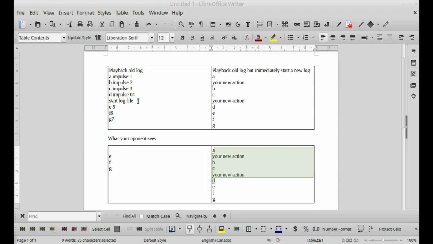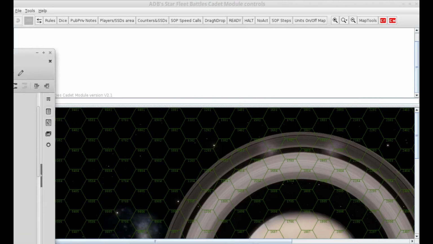Now, normally in most play-by-electronic mail setups, both parties give a set of orders that says move this direction until range of whatever is reached, or go in this direction until this hex is achieved, and then at that point do this action. And then they do a bunch of conditional orders. Well, with this log file function,